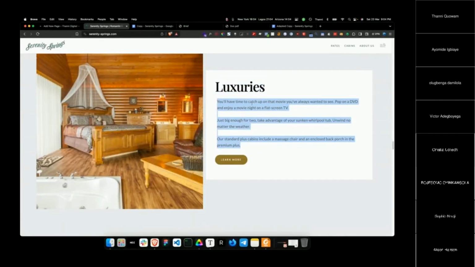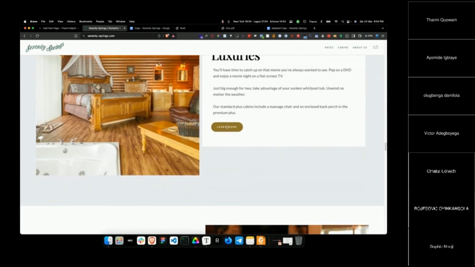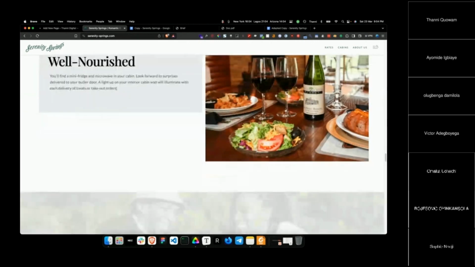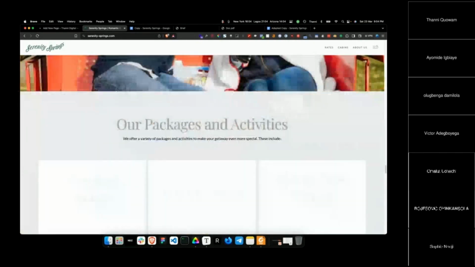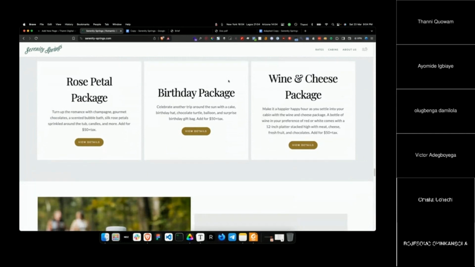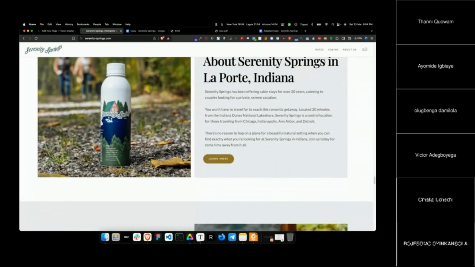So you have some text here that is not bad. You can see just big enough for 2. Take advantage of the sunken top. Unwind no matter the weather. You can see there is some kind of nice, good copy there. Well nourished. Doesn't mean anything. Our packages and activities also really doesn't mean a lot. And then we have about Serenity Springs,